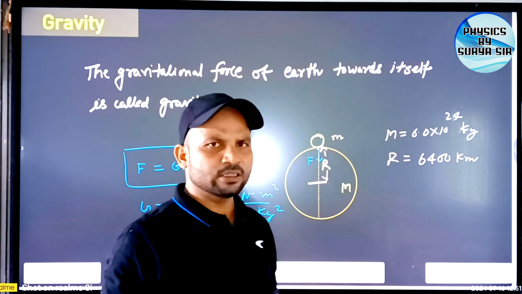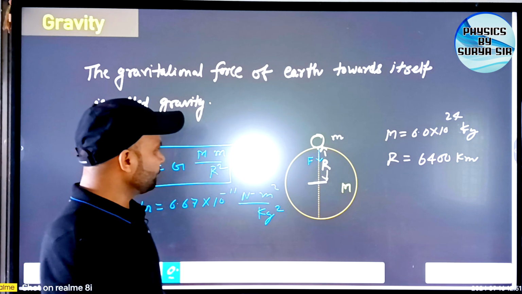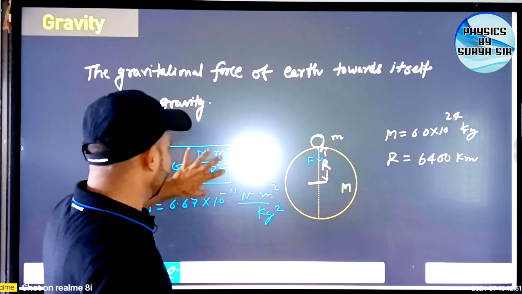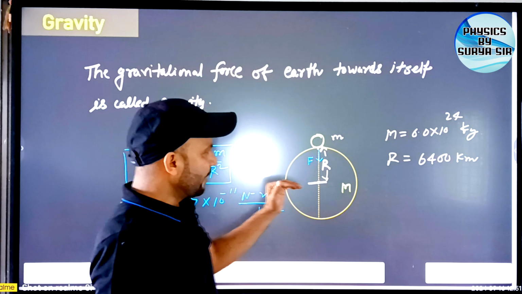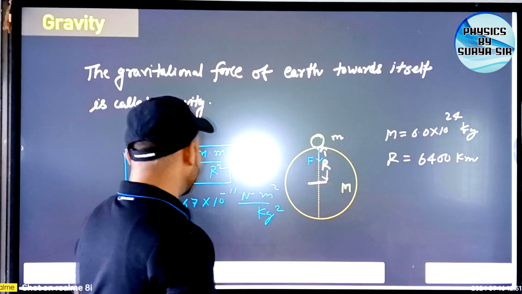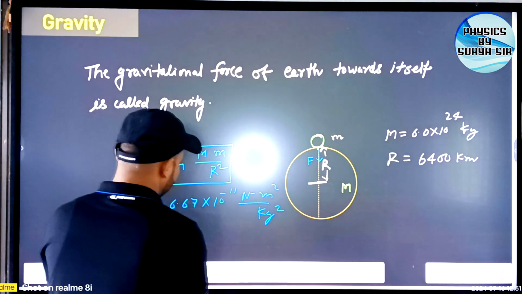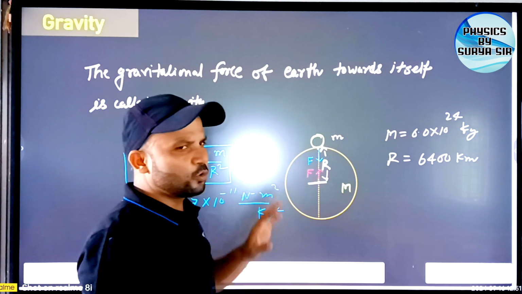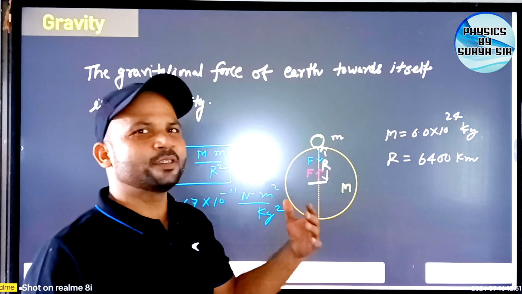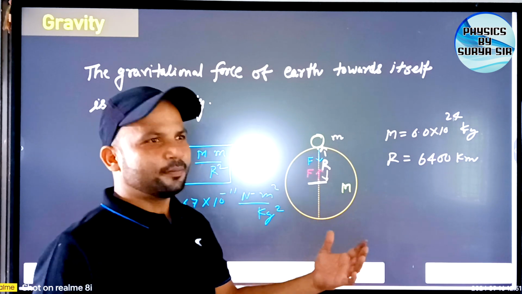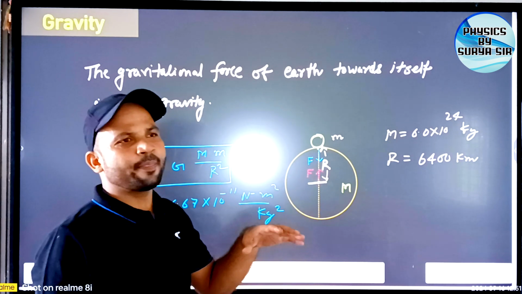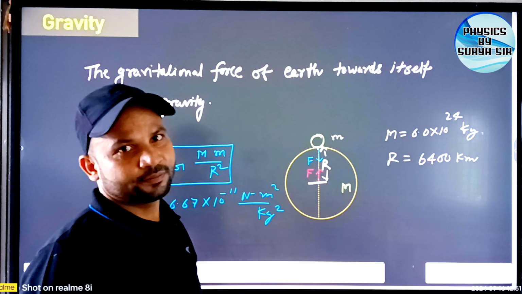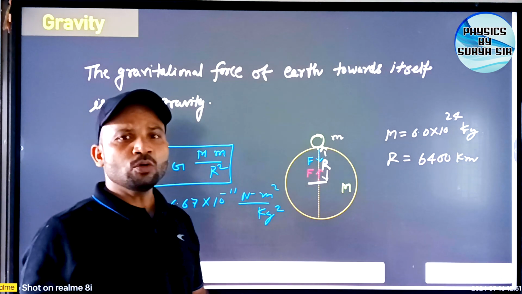If any object is on the surface of earth, the earth applies this force F on the object, but in response this object is also attracting the earth towards itself with the same amount of force. With whatever force the earth pulls the object, with the same force the object also pulls the earth. Okay, so